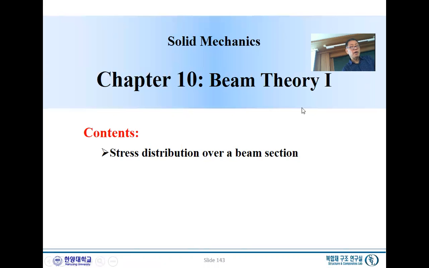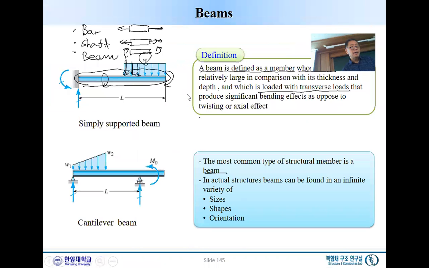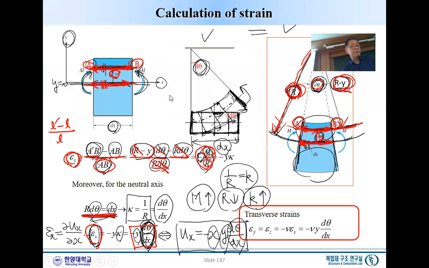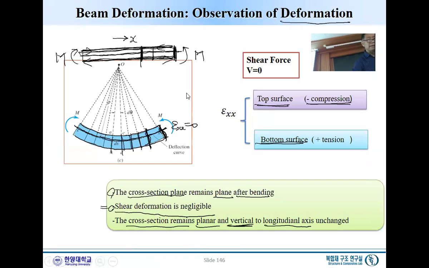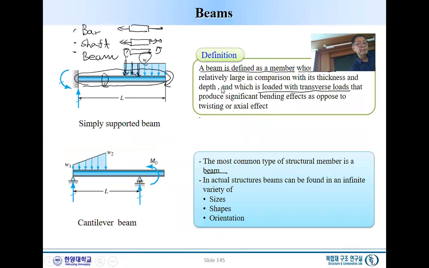So beam theory 1 is chapter 10, and chapter 11 is the equilibrium equation, which will give us the governing equations. Okay, so beam, well, this is just another definition of a beam. A beam simply is a bending structure under a vertical load,